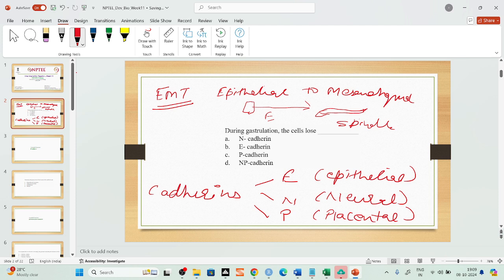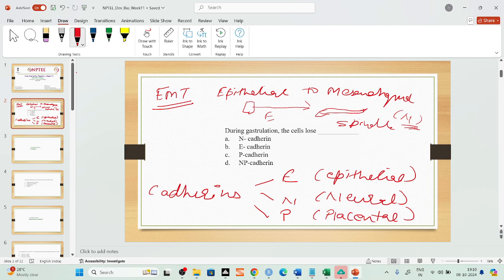But when the transition takes place, when epithelial cells start turning to mesenchymal cells, then your E-cadherin changes to N-cadherin. N-cadherins are mostly present in neural tissues, and also on mesenchymal cells. So since N-cadherins are there, the mesenchymal cells have formed, and now they have let loose so that they can migrate. So this epithelial to mesenchymal transition is also accompanied by a change in the type of cadherin expressed. In epithelial cells, E-cadherins are expressed, but when the transition takes place, N-cadherins are mostly expressed, which are involved